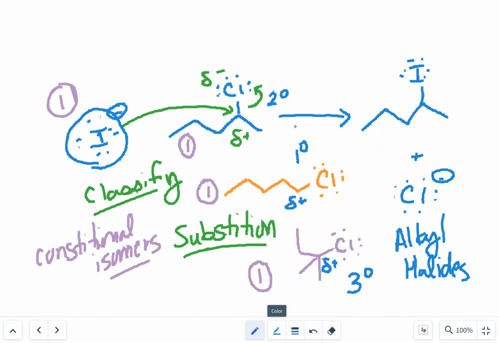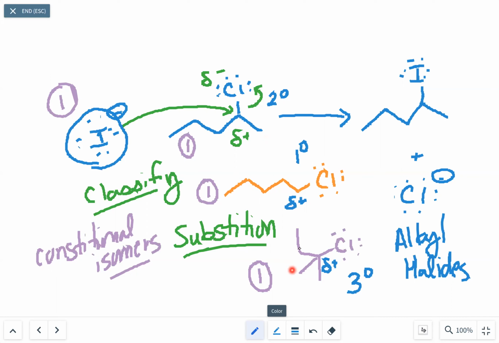I've got a lot of responses basically being primary, and that is indeed the case. So if this iodine is going to come in and attack this carbon, or this carbon, in the case of a tertiary, you've got 3 big groups here, which are steric. So if this has got to collide with these molecules with a specific orientation, you've got 3 big groups here